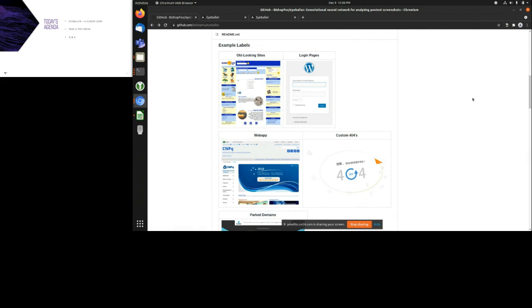Next is login pages. You'd think that login pages should be found pretty well with a heuristic, like just looking for a login field in the HTML. And you would be right to a certain extent, but you'd be surprised just how often those heuristics fail. That's what we found: in real-world web applications, they're often built dynamically in the DOM with JavaScript. So if you just look at the HTML statically, it's often going to be obfuscated and you'll miss so many login pages.